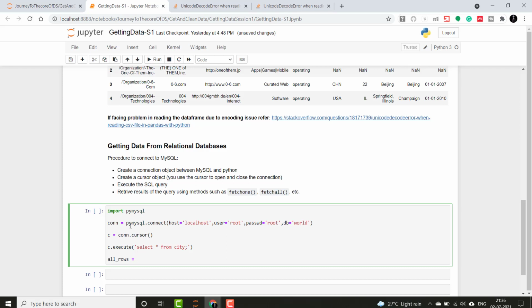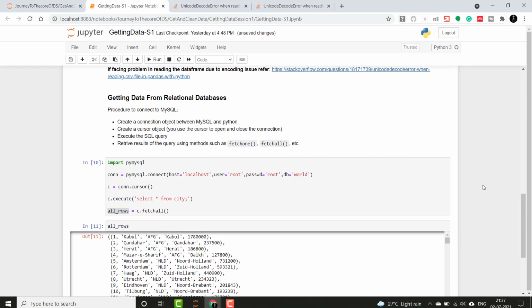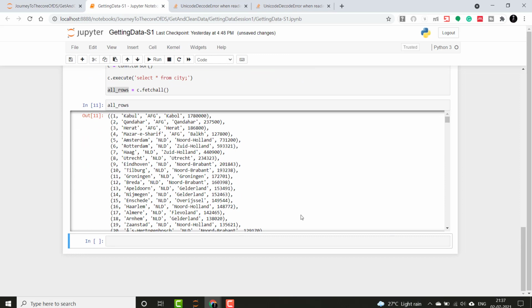Okay, so I will say c dot fetchall. So fetchall is the cursor's another method to get all the results. Okay, you can see that in the last step here. So either we can get one record or all records. So if I execute it, you will see while I print this that it will fetch all the records from that table. Now guys, notice here that it returns a tuple of tuples, that is each row is a tuple.